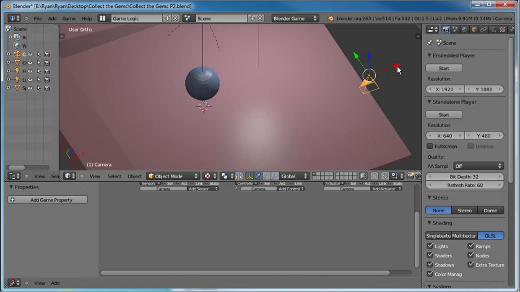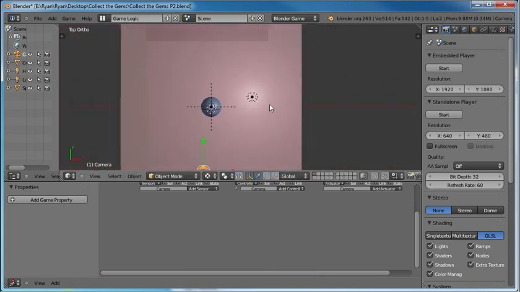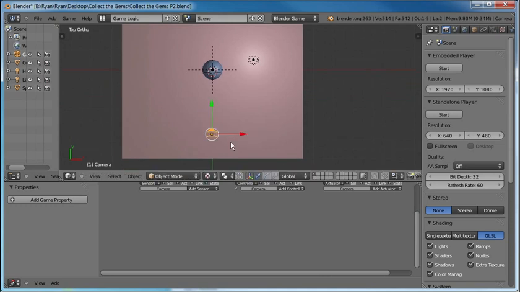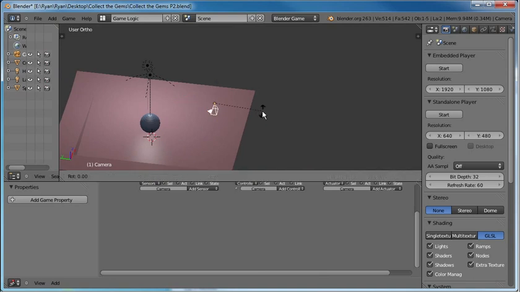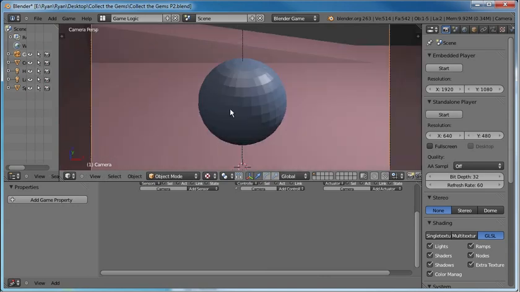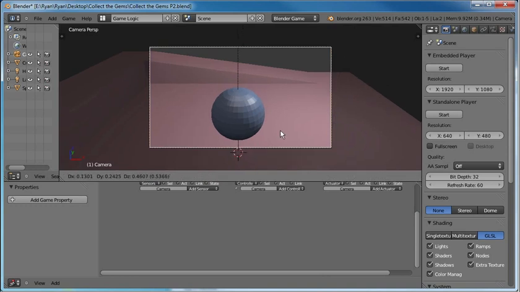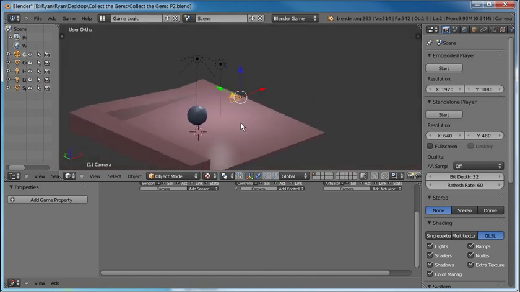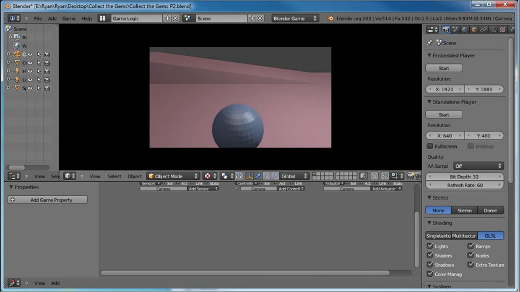And then we can move the camera over, go into the top view, line that up, go to a side view and hit R and then rotate it along the x-axis, and then hit the numpad 0. And here we can see the result that is taking place. We can just move this up a bit, and that looks good. Now, if we go into camera view and hit P, you'll see that the ball drops